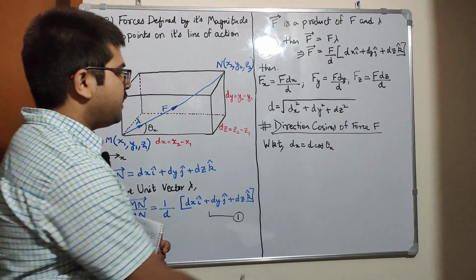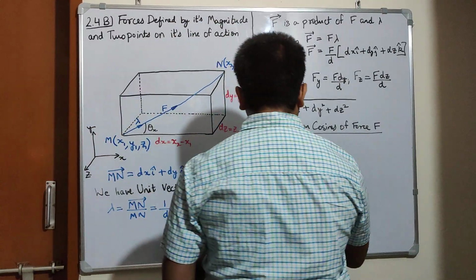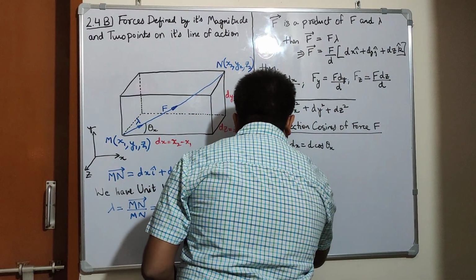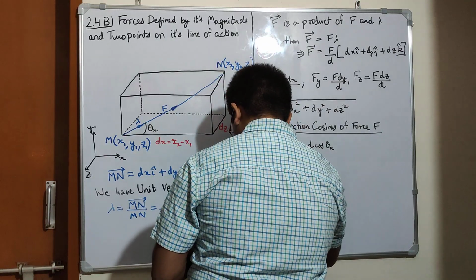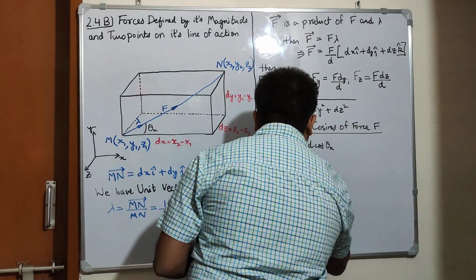So we know that dx is equal to d cos theta, then cos theta x equals dx by d,